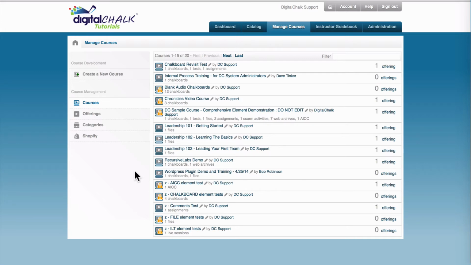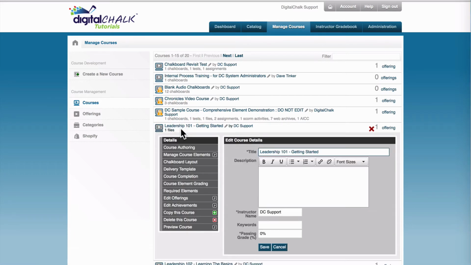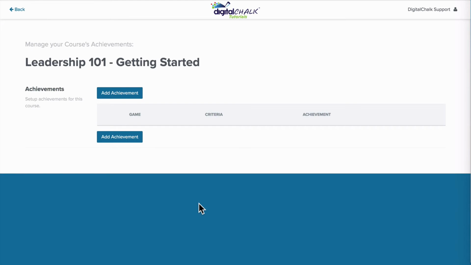Now, in the case of this example, I've created 3 courses in regards to leadership: Leadership 101, 102, and 103. So we'll open Leadership 101, and within that course, we'll see a subcategory tab titled Edit Achievements. We'll click on Edit Achievements, and here you see where we can add an achievement. An achievement is something that a student will need to attain in order to be awarded a badge or be awarded points through a level. We'll click the Add Achievement button,